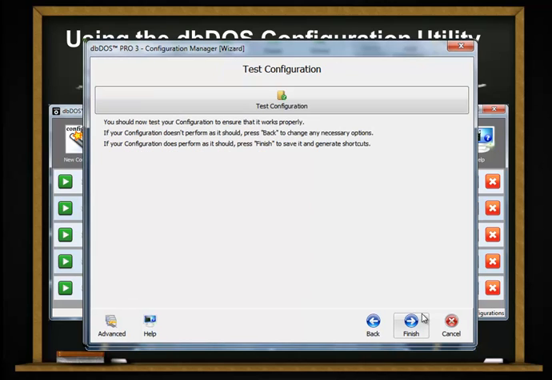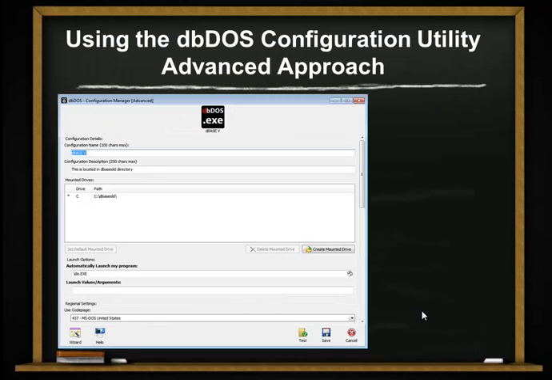Once those are set up, you have the test configuration. You can click the test configuration button, go out and test it, make sure everything works like it does, shut it down, come back in, and when you hit the finish button, it'll automatically save that configuration and you're on your way. Now, if you're using the advanced approach, again by clicking that little Wizard or Advanced button, all we